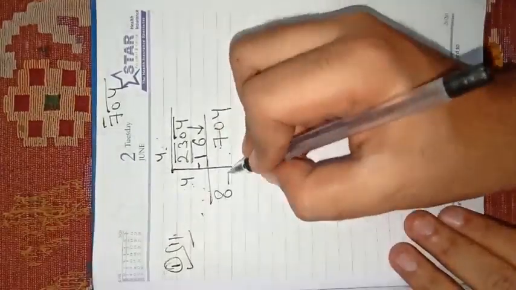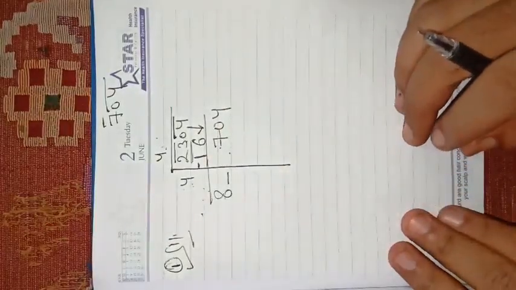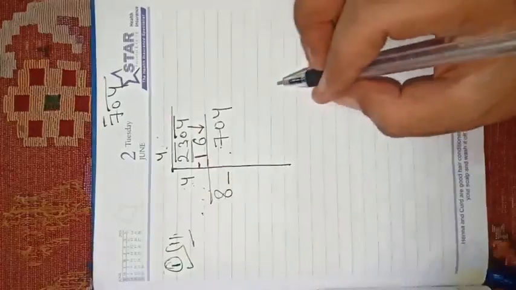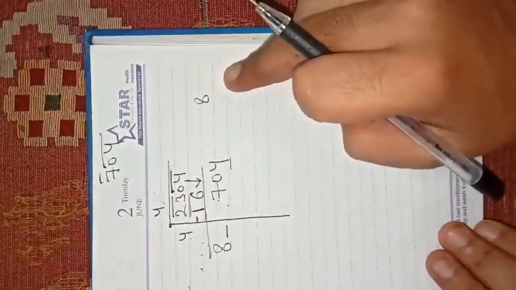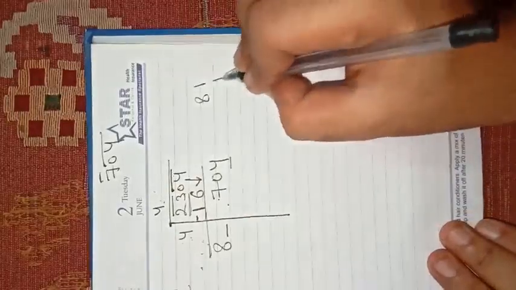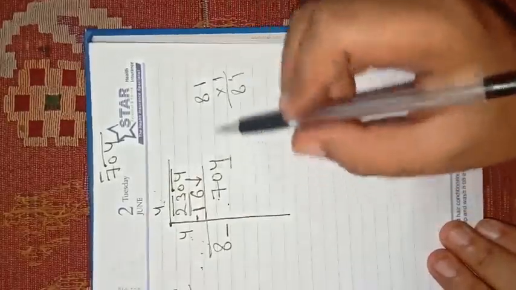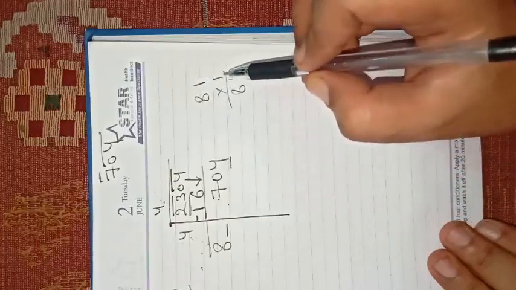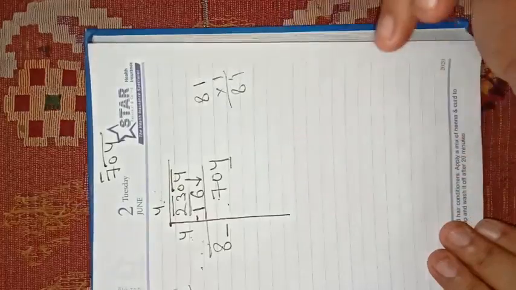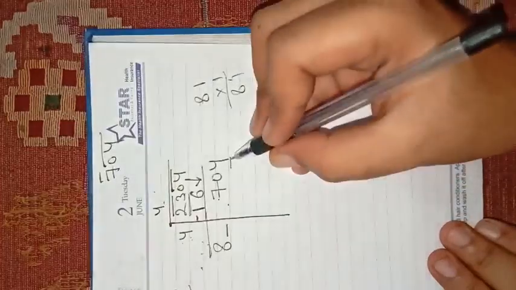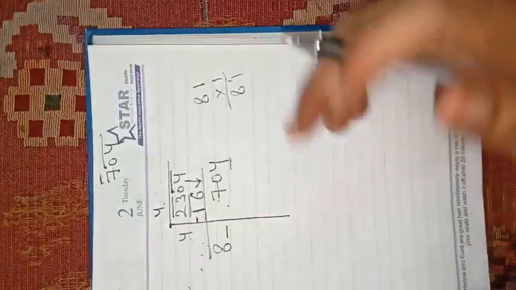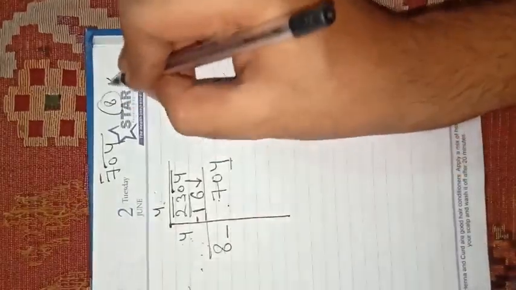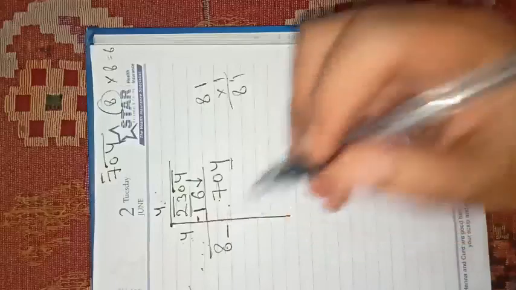Now ahead of this 8 there is a blank, and we have to fill this blank in such a way that the last digit should be 4. For example, suppose 81 ones are 81; the number which we write after 8, by the same number we will multiply it. So how can we get 4? The answer is 8 can give 4. 8 8s are 64. So after 8, maybe we have to write 8.